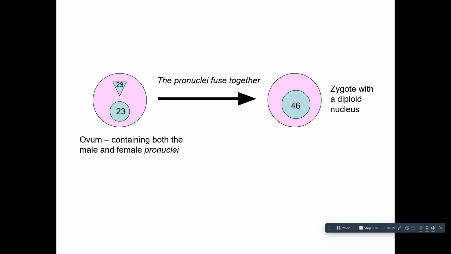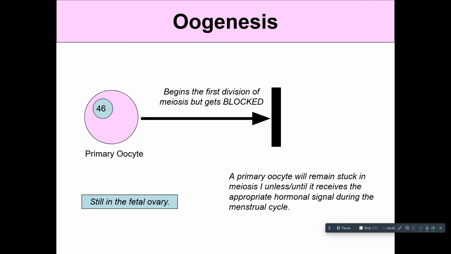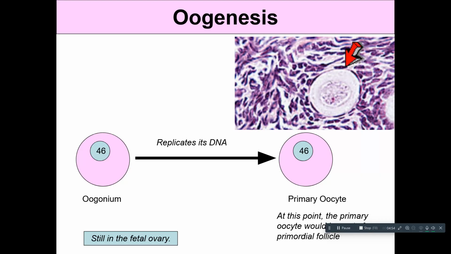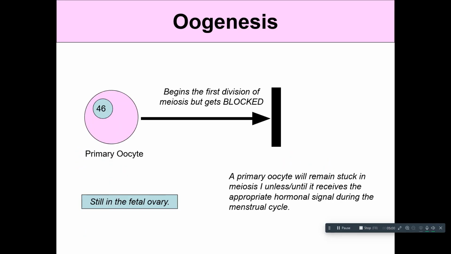Okay, so that is oogenesis. That is how we're making female gametes. Notice a couple things here. Notice that we started in the ovary, right? We started in the ovary. And a lot of the work happened in the ovary. We made millions of primary oocytes in the ovary. Most of them die before puberty. And the ones that last till puberty